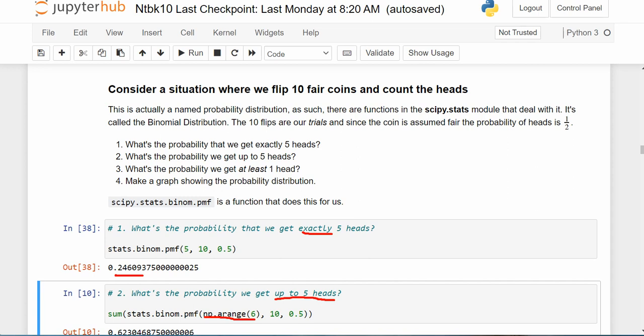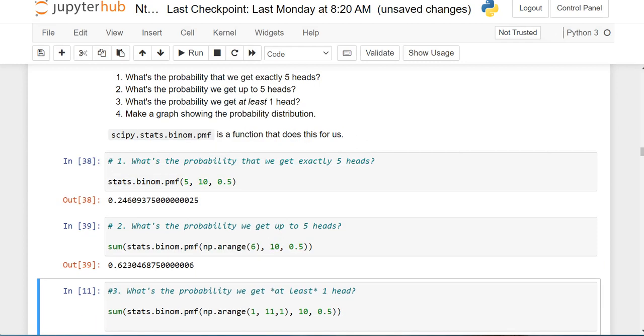And so what is this going to do? The NumPy range 6 is going to give us the numbers 0, 1, 2, 3, 4, 5. So it's going to count if we have 0 heads out of 10, 1, 2, 3, 4, or 5 heads out of 10. So it's going to be everything up to 5 heads. And then when we run this one, you'll notice that the probability is a little more than 62%,